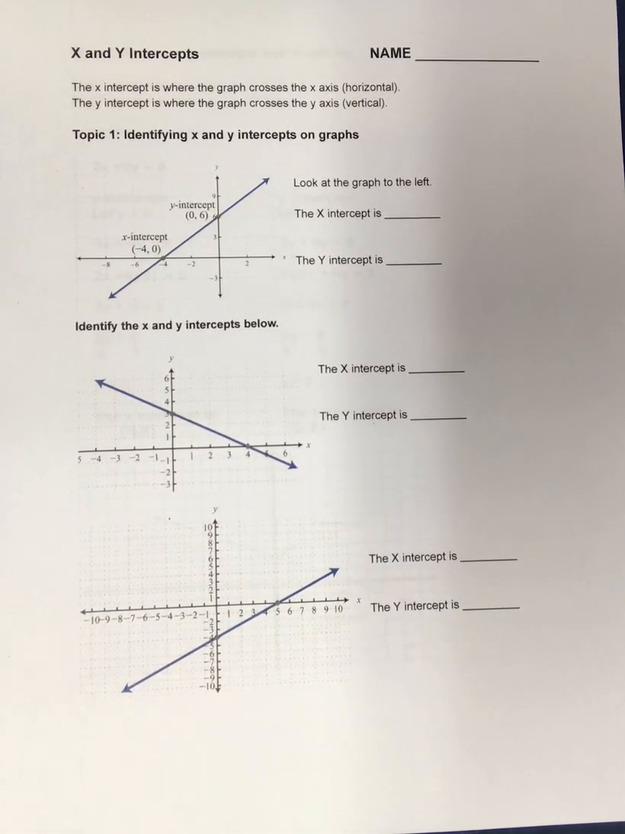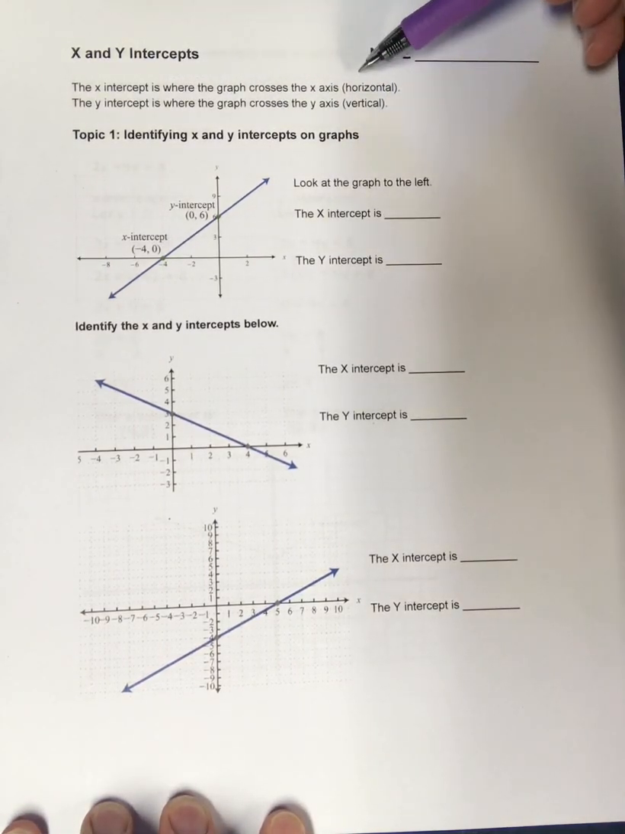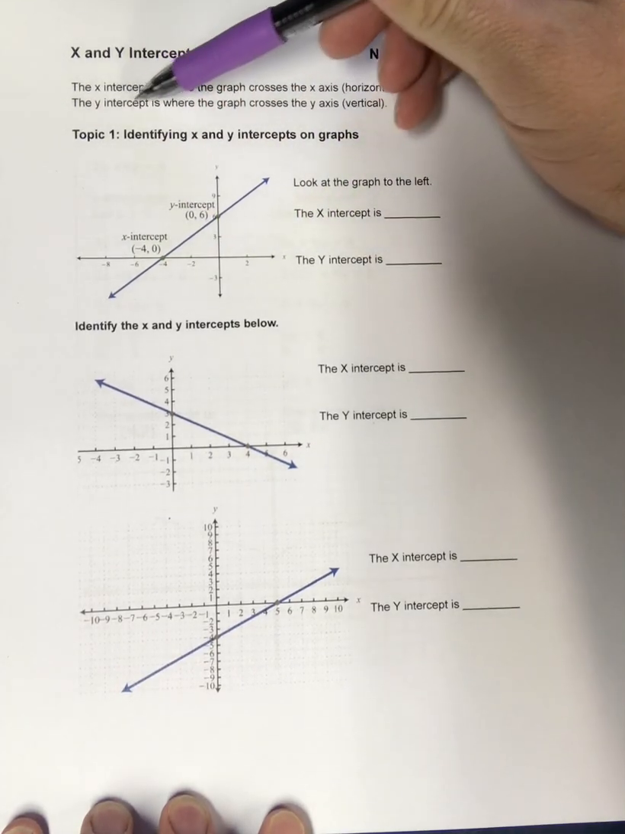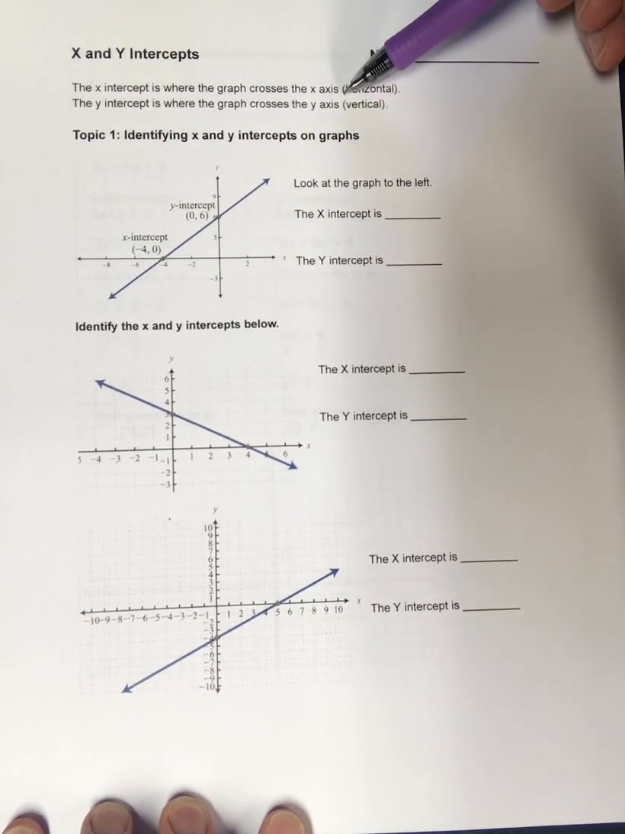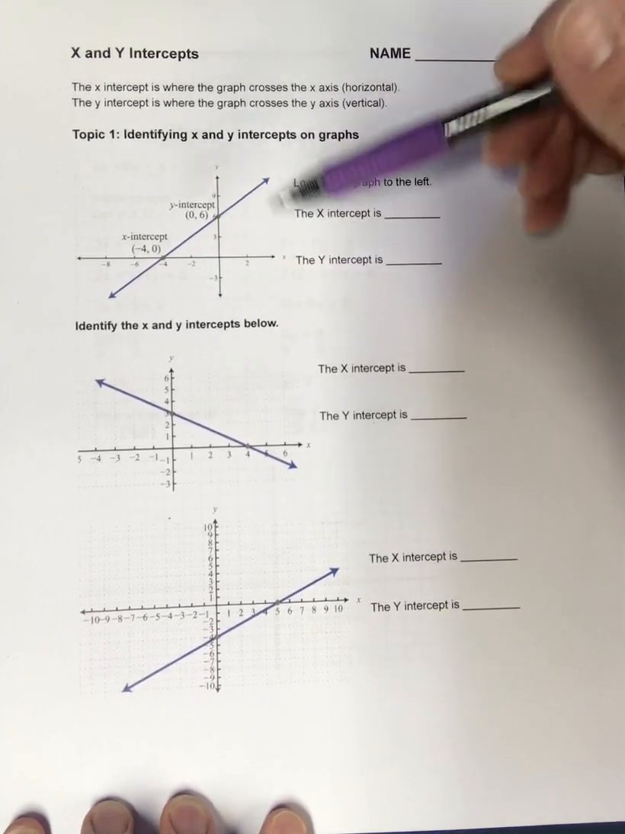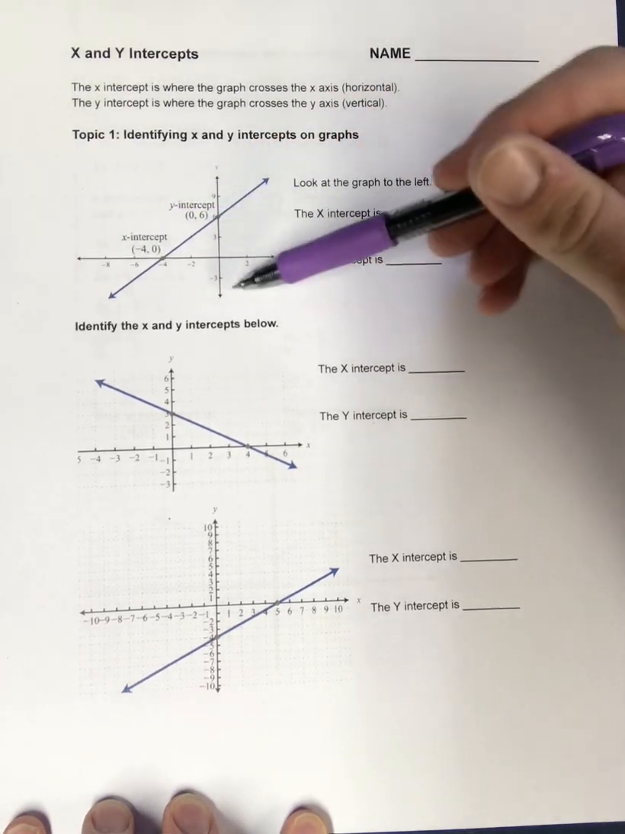Hello everybody. Today we are learning a new topic, x and y intercepts. So an x-intercept is where the graph crosses the x-axis, which is the horizontal one, that means going left and right. And the y-intercept is where the graph crosses the y-axis, which goes up and down. You can see the x labeled here and the y labeled there, reminding you that this is the x-axis and